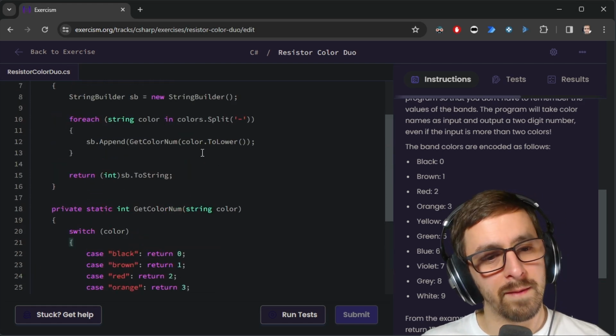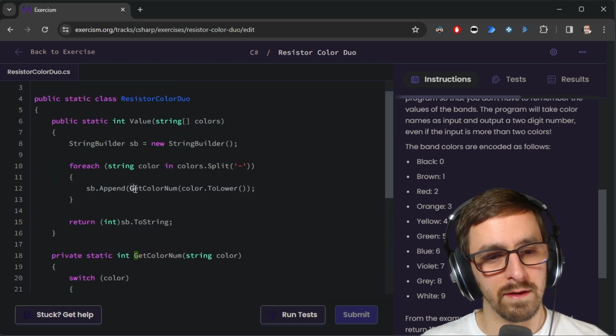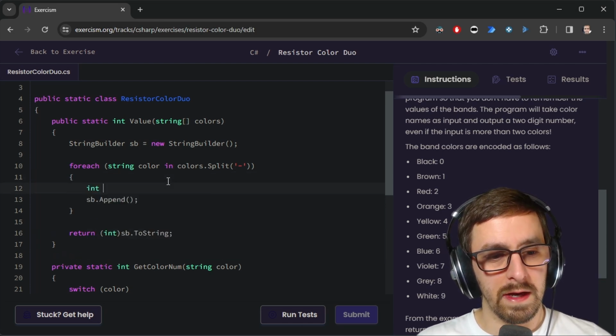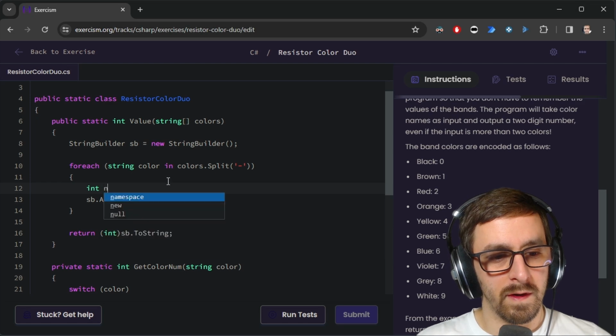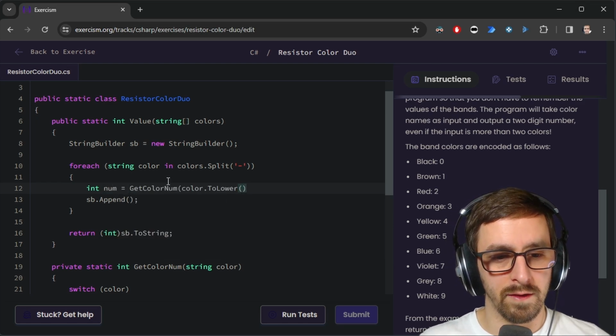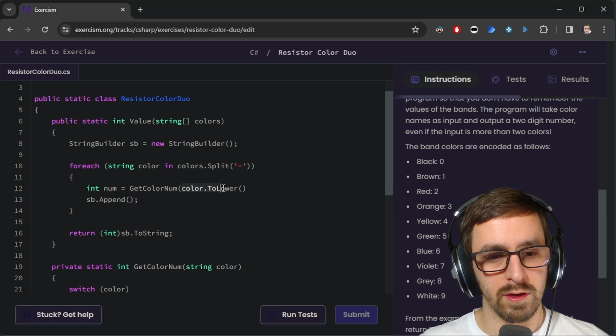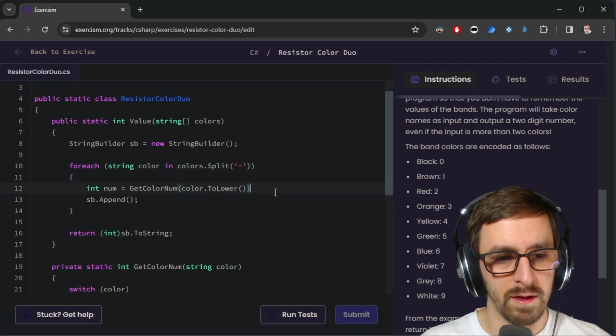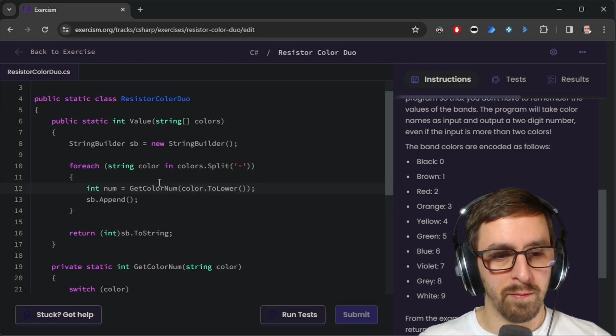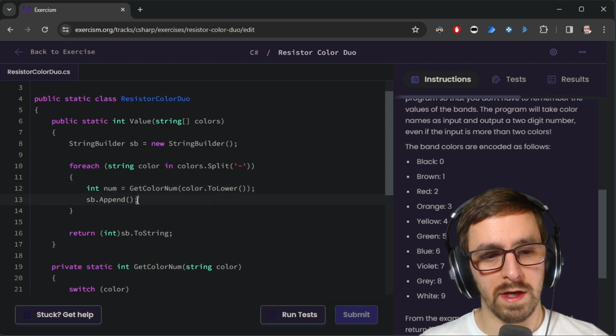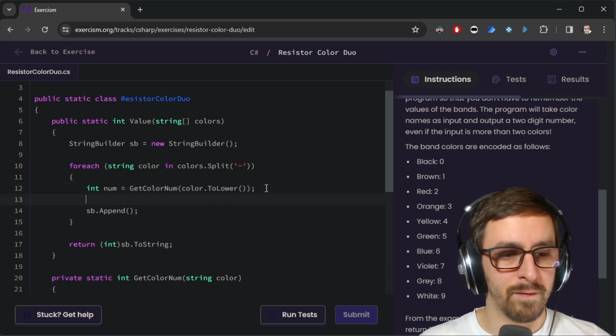And then, that probably means that we need a validation here. So I think what we can do is go int num equals get color num. We will go color dot to lower, oops, here, put it into this integer, and then we'll check to see if